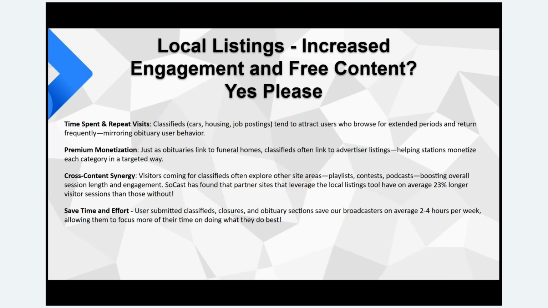Local listings. So the local listings tool is one of the coolest things that we've built here at SoCast, because especially after COVID, we saw that a lot of our broadcasters had to cut bodies internally, and creating automated digital processes was one of the most important things that they were looking for from SoCast and from their digital partners. And so we uncovered a way to allow our partners to not only have an amazing user-generated content section,